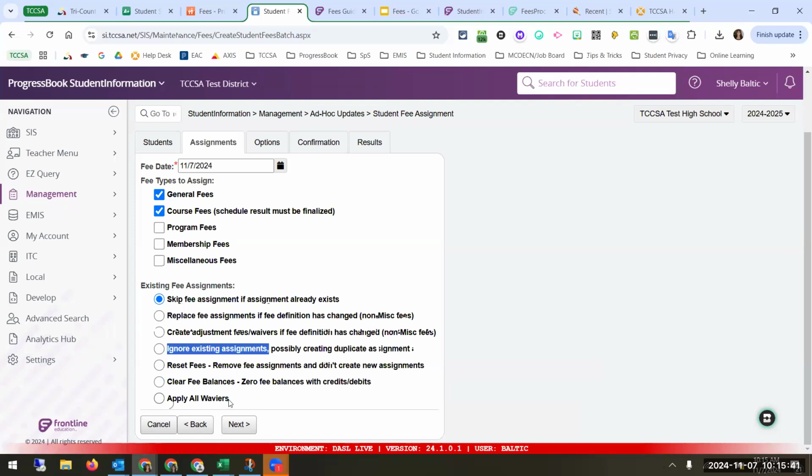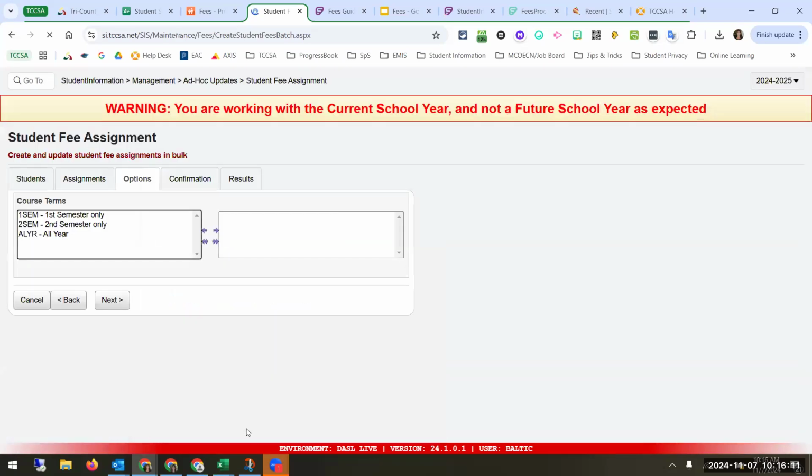And then we are going to talk about this one, applying all waivers. So you can do this throughout the year. What this does is if a student has changed on their FD tab, so if they've changed from none for free and reduced to maybe reduced or to free, this will apply the waivers for that group of kids. So that's an important one. We're going to go through the first one and we're going to go through the last one. So if I click on next,